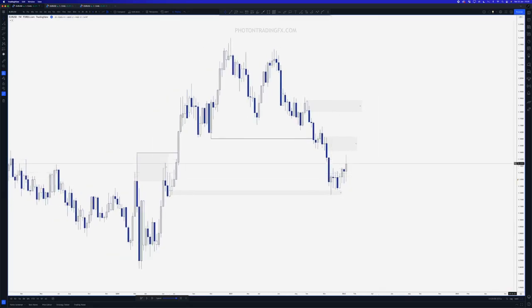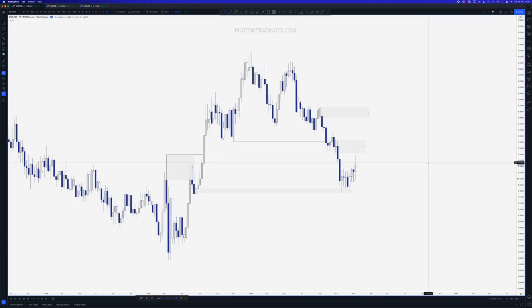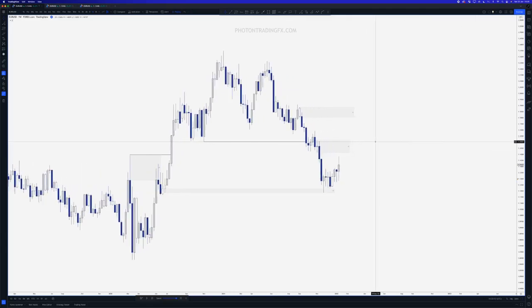I'm really analyzing the weekly chart. It's not going to give you too much of an edge. But for me, it does. And I think you should be aware of it. I think it can really help you to understand what the bigger picture is, what the overall, really high time